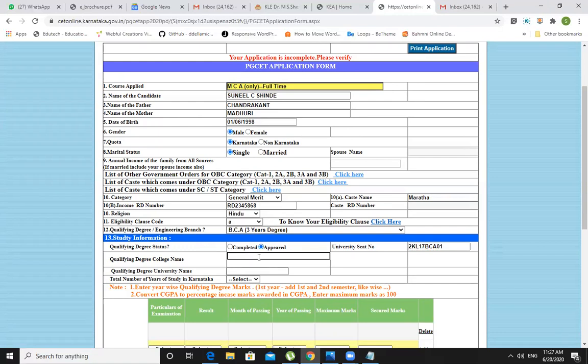So you need to choose the degree college name, means where you have studied your BCA, BCom or BSc or B. I'll choose KLE BCA college. Okay. Then you need to choose the university name, that is RCU. You can type RCU or you can type completely Rani Chennamma University.